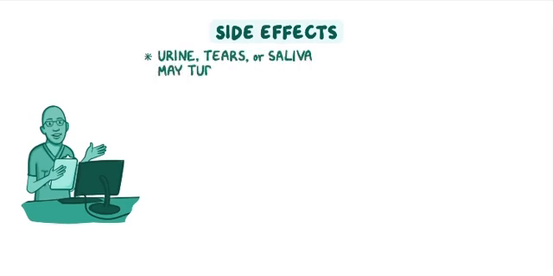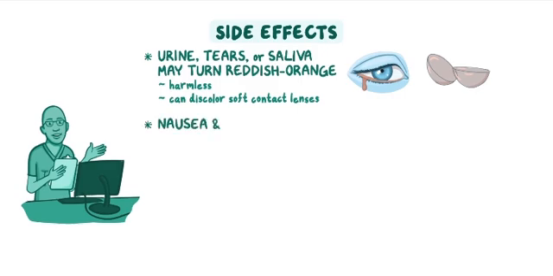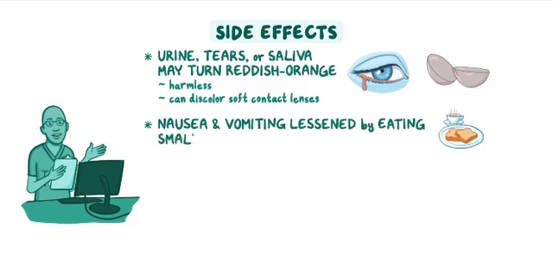Next, let your client know about some side effects they could experience during treatment. Advise them that their urine, tears, or saliva may turn a reddish-orange color. Reassure them that this is harmless, but it can discolor soft contact lenses. Then, let them know that gastrointestinal side effects like nausea and abdominal pain can be lessened by eating small, frequent